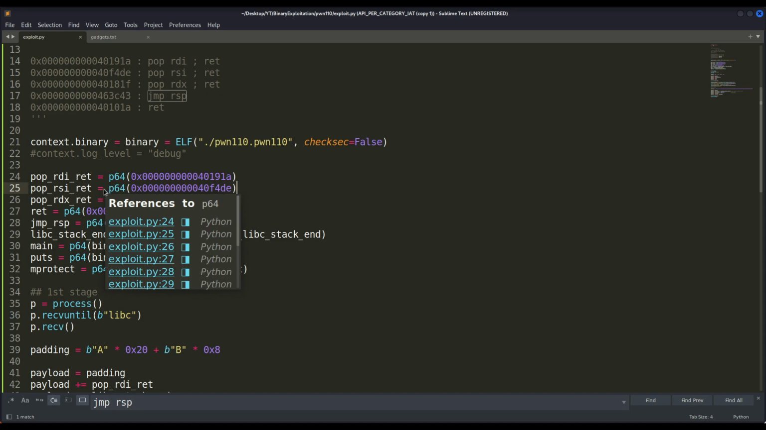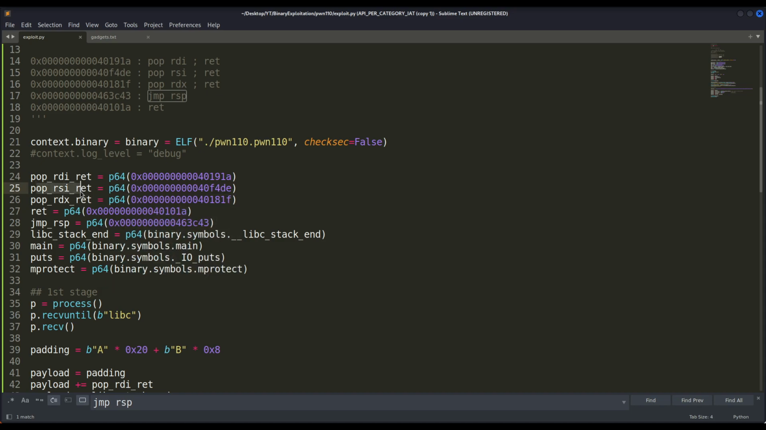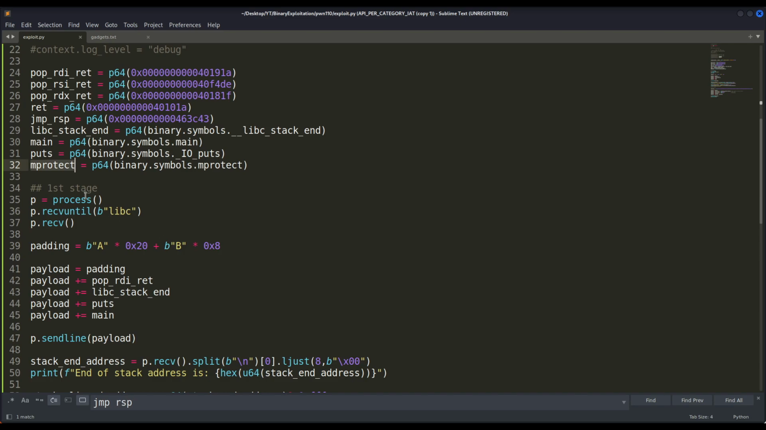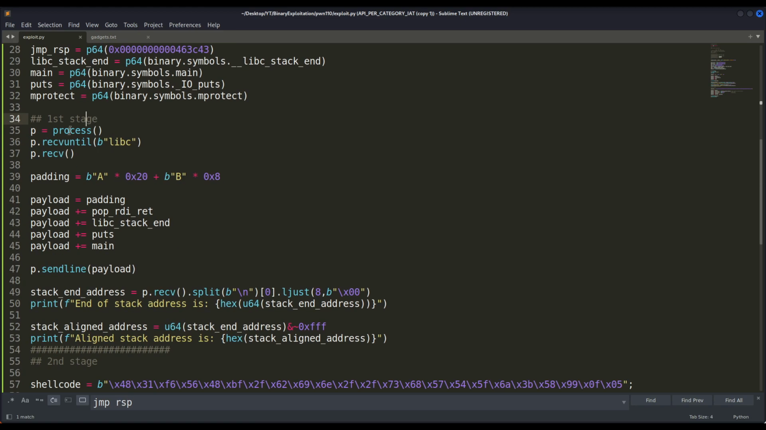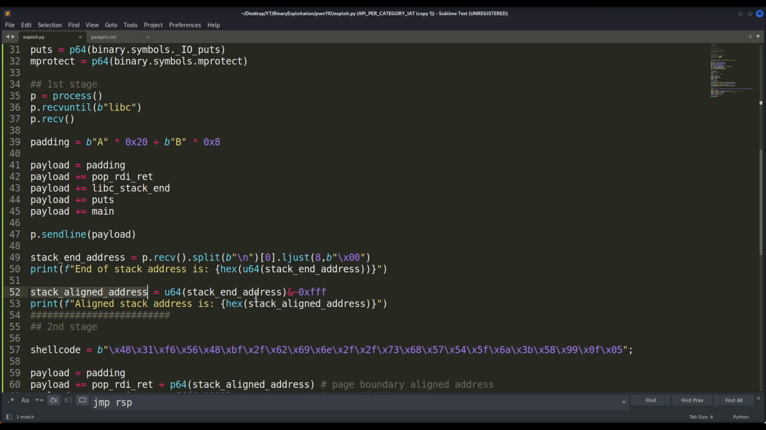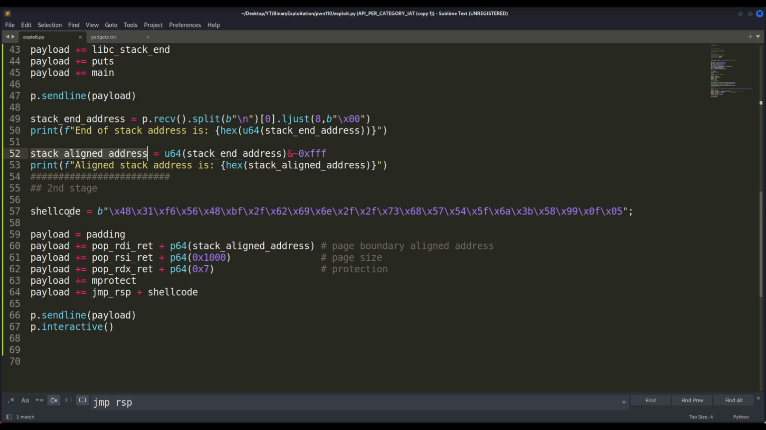I have translated into actual addresses the addresses of the gadgets we need, also the jump RSP gadget, and we also need the address of the mprotect function. Then, after the first stage of our exploit, when we are leaking the address of the stack end object, and we calculate the page aligned address, in the second stage we are defining the shellcode that I have obtained from exploit.db, and we are creating our new payload using the padding, of course, and then using the RDI gadget